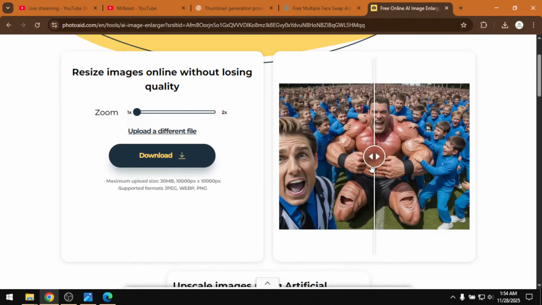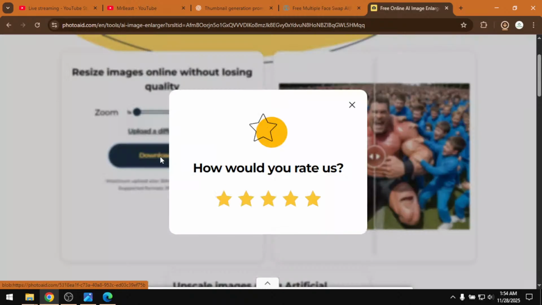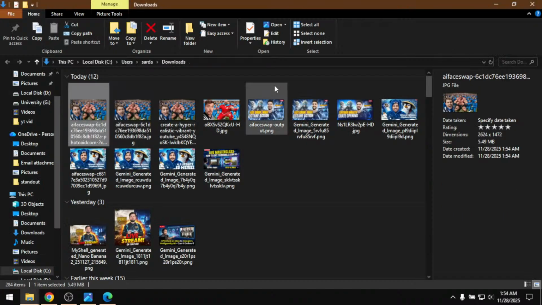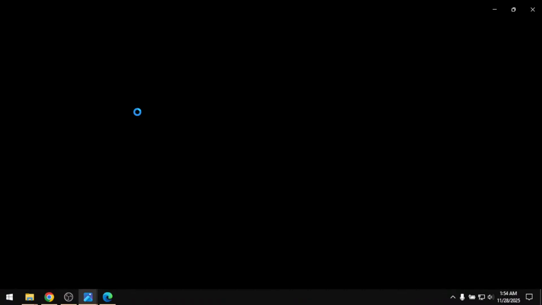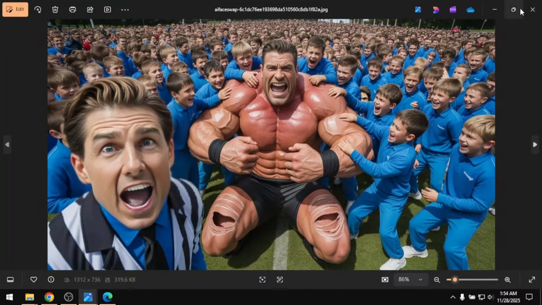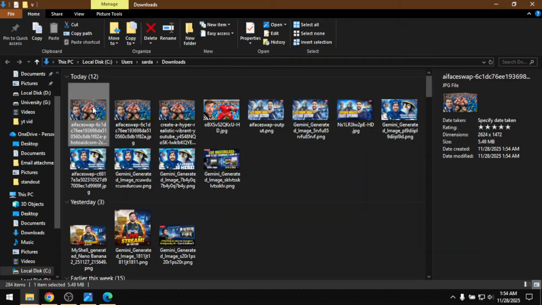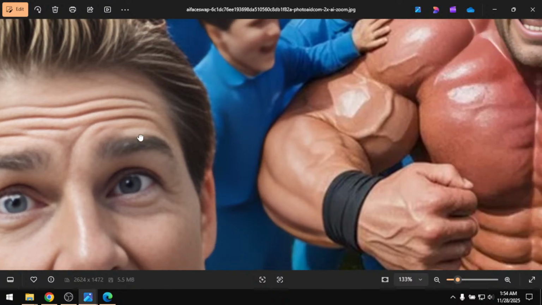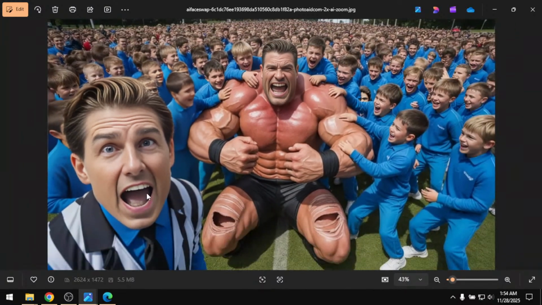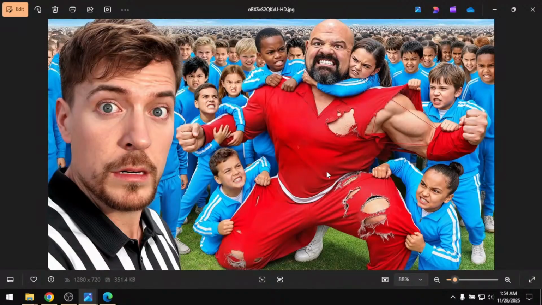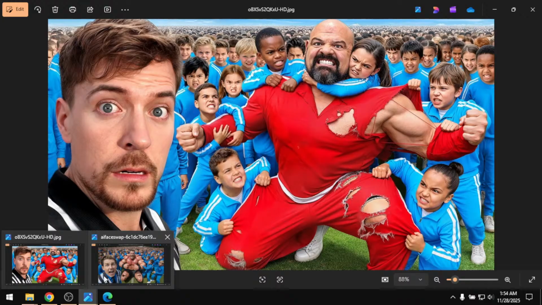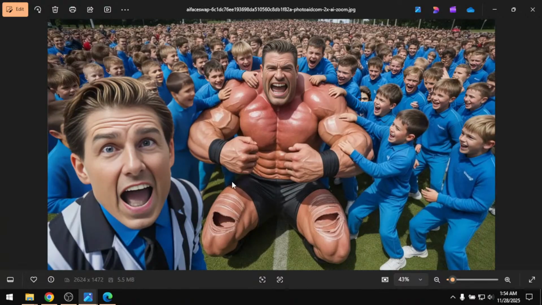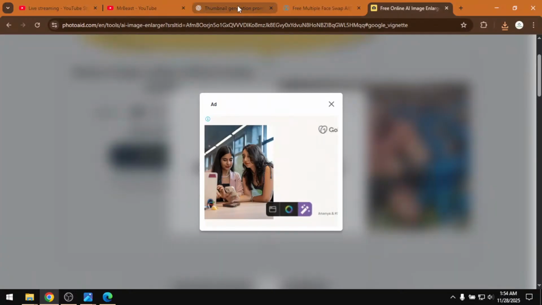So it is now loading, and here you can see this one is clear, this one is not. I will click on download, and this is our file. So the previous version was this, and we just generated this. This is a complete detail. So we generated a thumbnail from this, but here you can see this has human eyes and this one does not. So what you need here is to go to